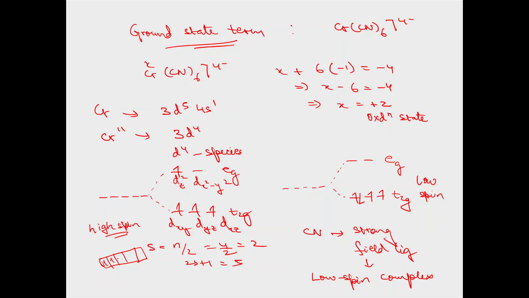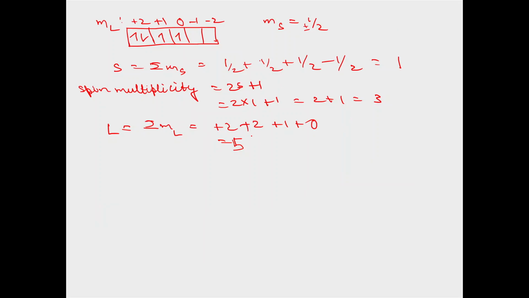So 1, 2, 3, 4, that is plus 2, plus 1, 0, minus 1, minus 2, or 2 plus 1 plus 0 minus 1, that is equal to 2. Right? This would have been the L value. So this high spin and low spin makes a difference here. Now we know that